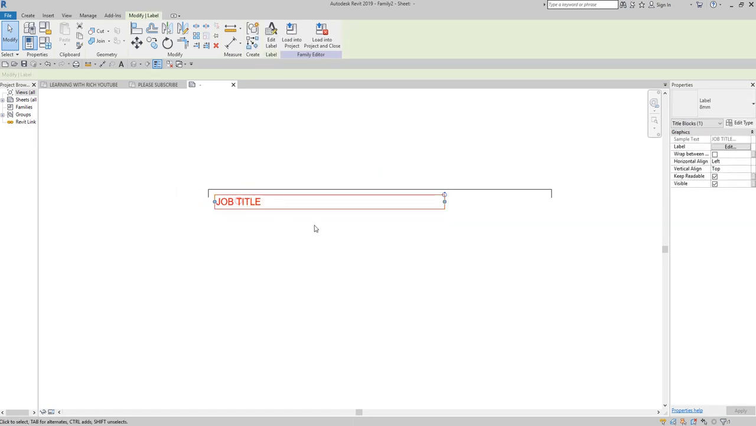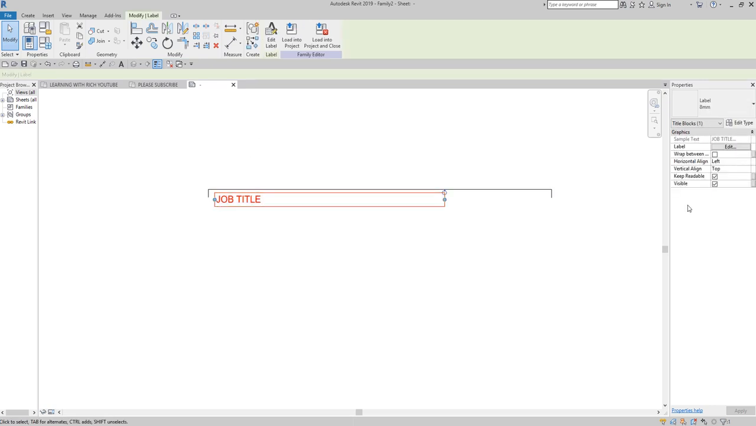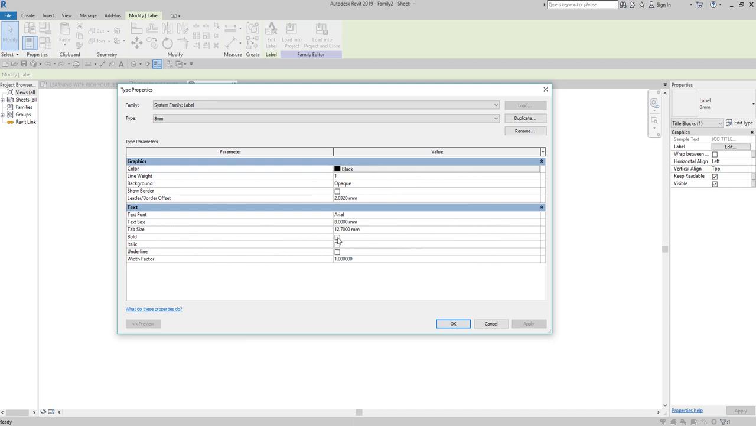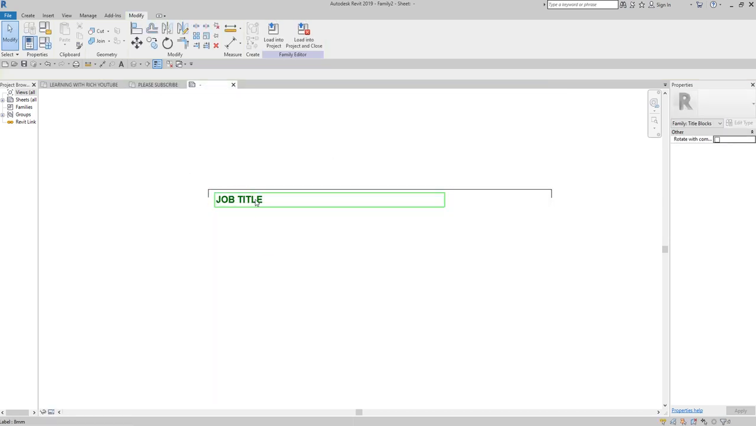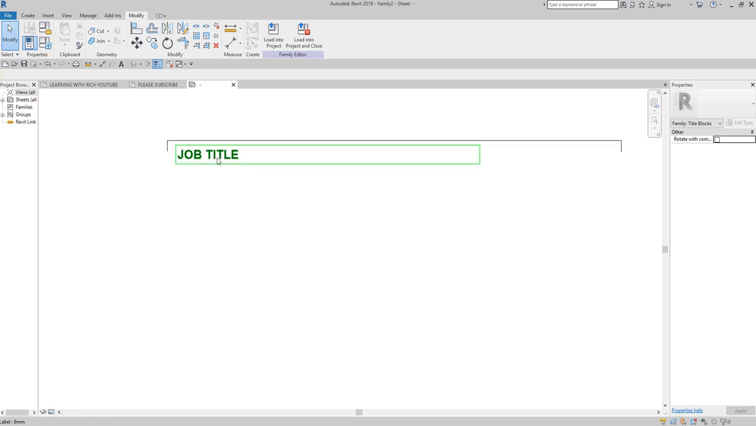There you go. And I can also change this. Click, edit type. I can make it bold, then okay. Alright. So I'm just going to put the information that I want to be included here. So after the job title, the next thing that I'm going to do is add now